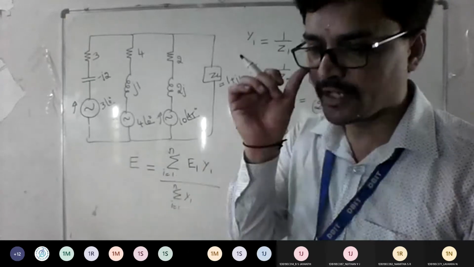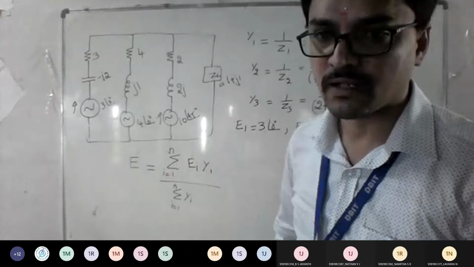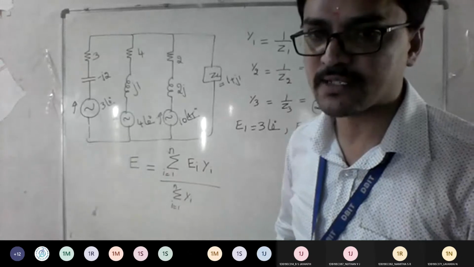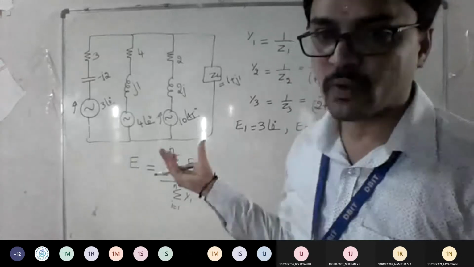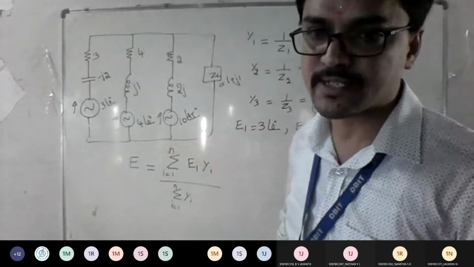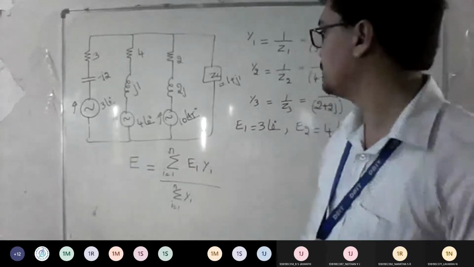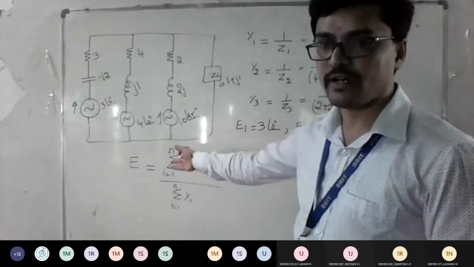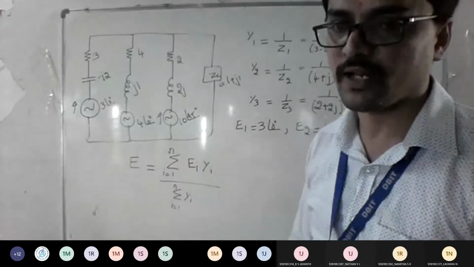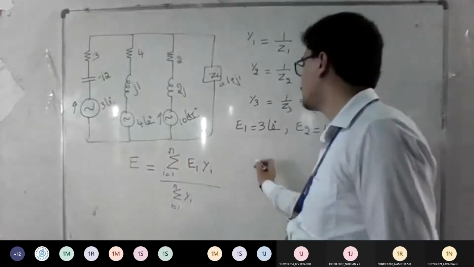So the ultimate goal is to find my current across the impedance. For that, you should have the equivalent voltage as well as the equivalent resistance, meaning impedance. Check out what is V dash, I mean what is E. You can call it E or V, both are the same. So how much did you get here?